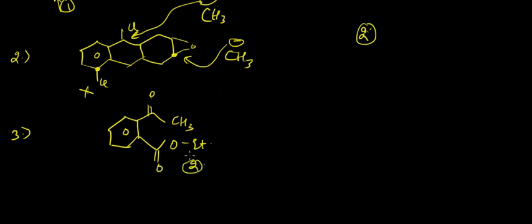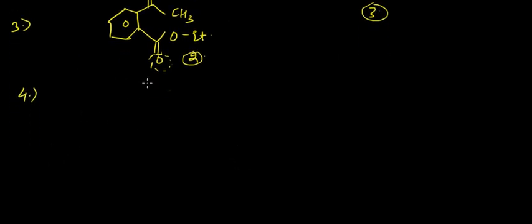One would be to remove this and another would be to form an alcohol group on this oxygen atom. Okay, so 2 here and obviously 1 here. Okay, so total 3. Now we have something like this where we have this epoxide ring,